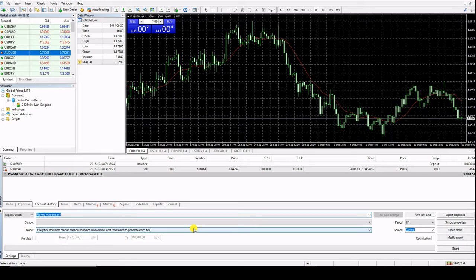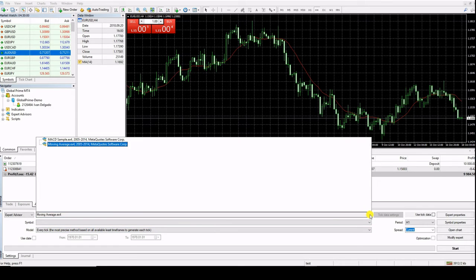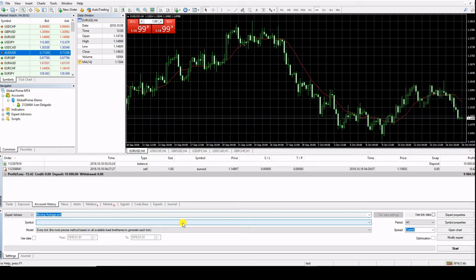So backtesting allows you to simulate trading over a long period of time in just minutes. You would have the option here to select the EAs, the symbol you want to be backtesting, what type of model you want to put this backtesting under, etc. The type of time frames. But as I said, there will be another video where I will go into more detail about this section